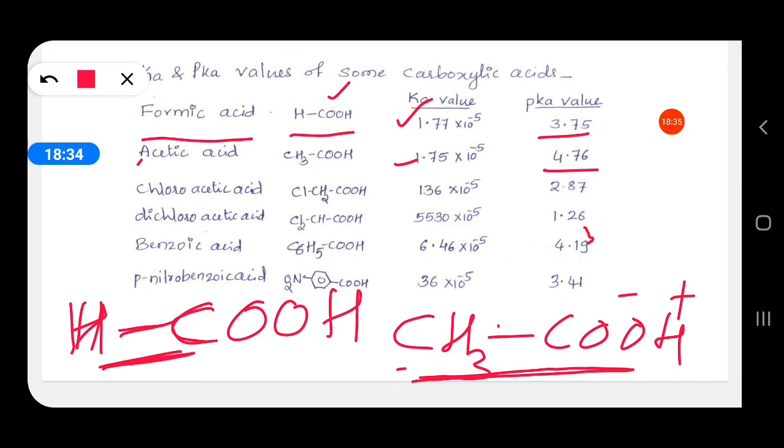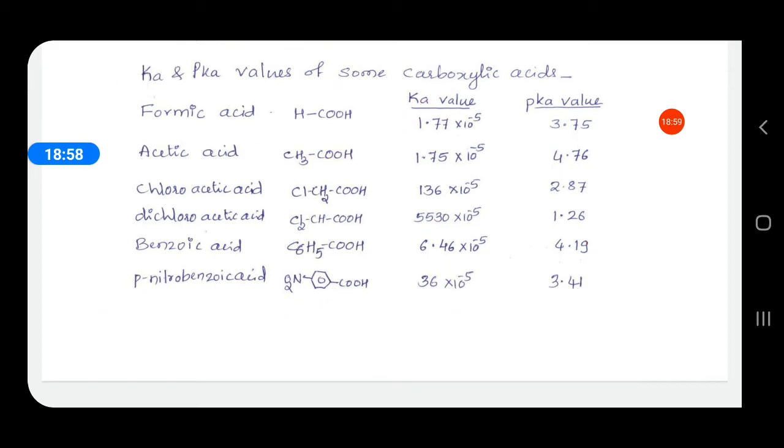So this methyl group releases electrons towards this carboxyl group, COO group. Due to this release of electrons towards the group, this carbon becomes somewhat unstable. So it can't distribute this negative charge among itself properly, so that the Ka value is less than the formic